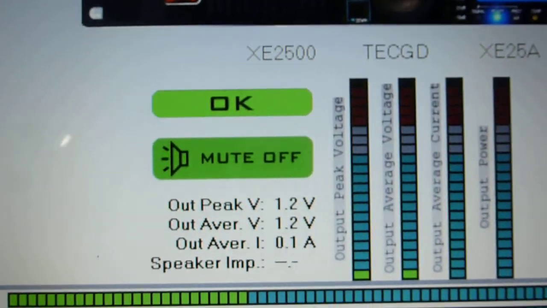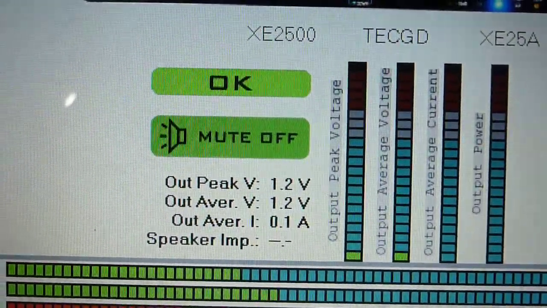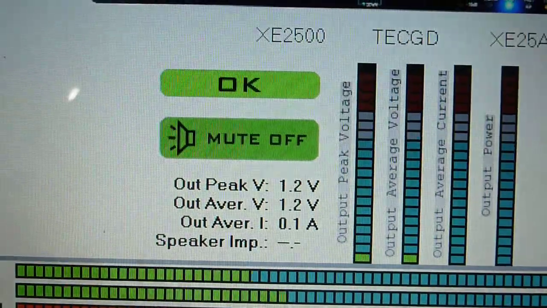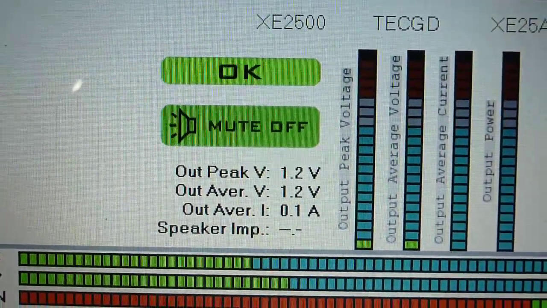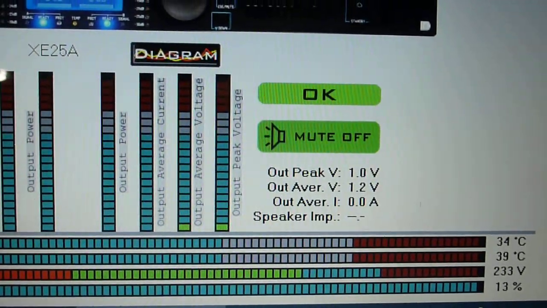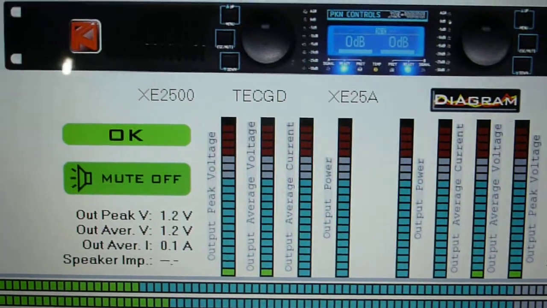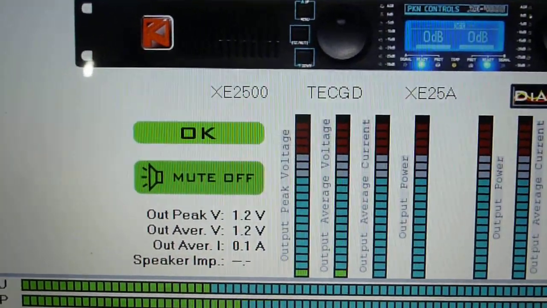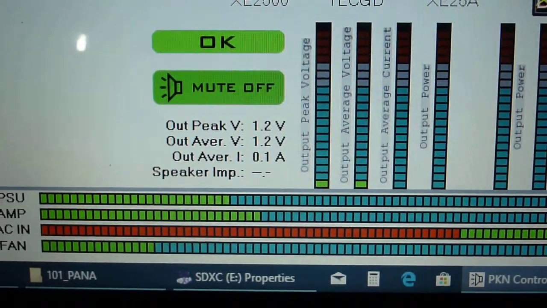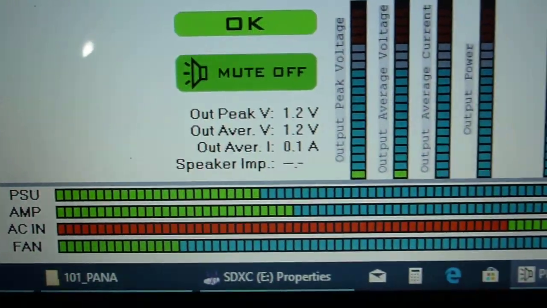Now to the left of these vertical bar graphs, you have some mute buttons for the individual channels. So channel A mute is shown there right now, and channel B mute is on the right. The OK indicates the status of the channel. To the bottom of these you have some horizontal bar graphs that show power supply, and if we scroll